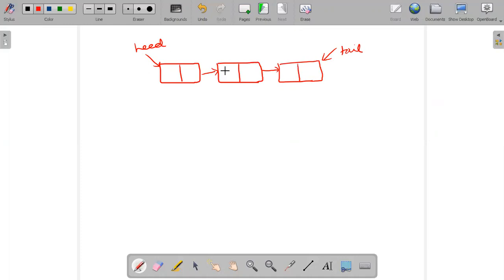Now let's say the elements are 1, 3 and 4. If I ask you, can you insert 2 in between 1 and 3, or after 1, or before 3, how can you do this?